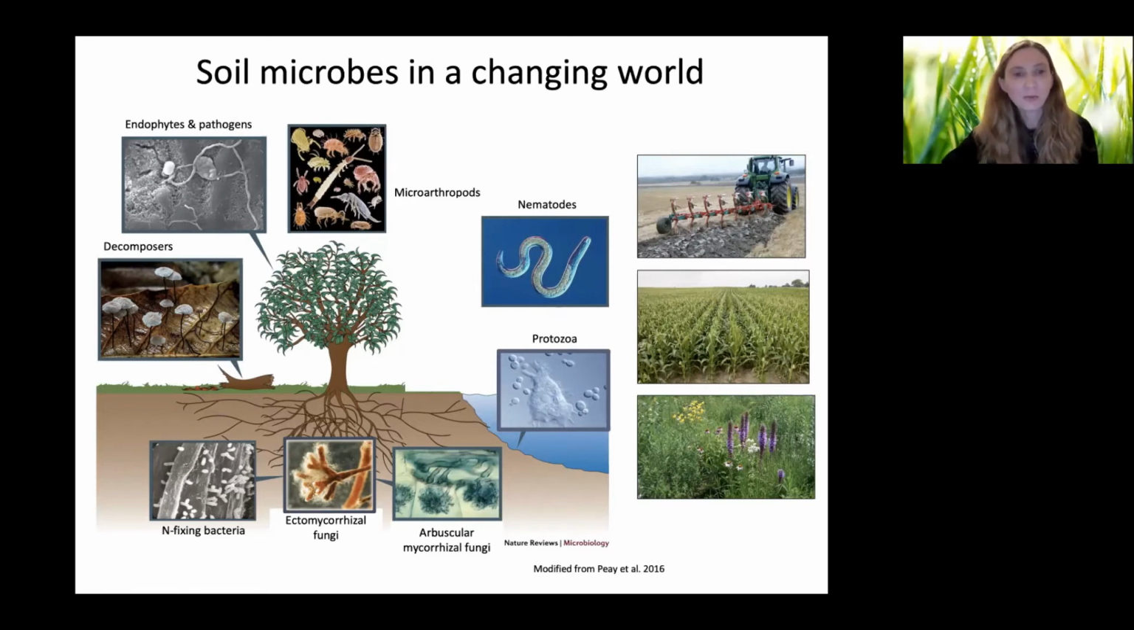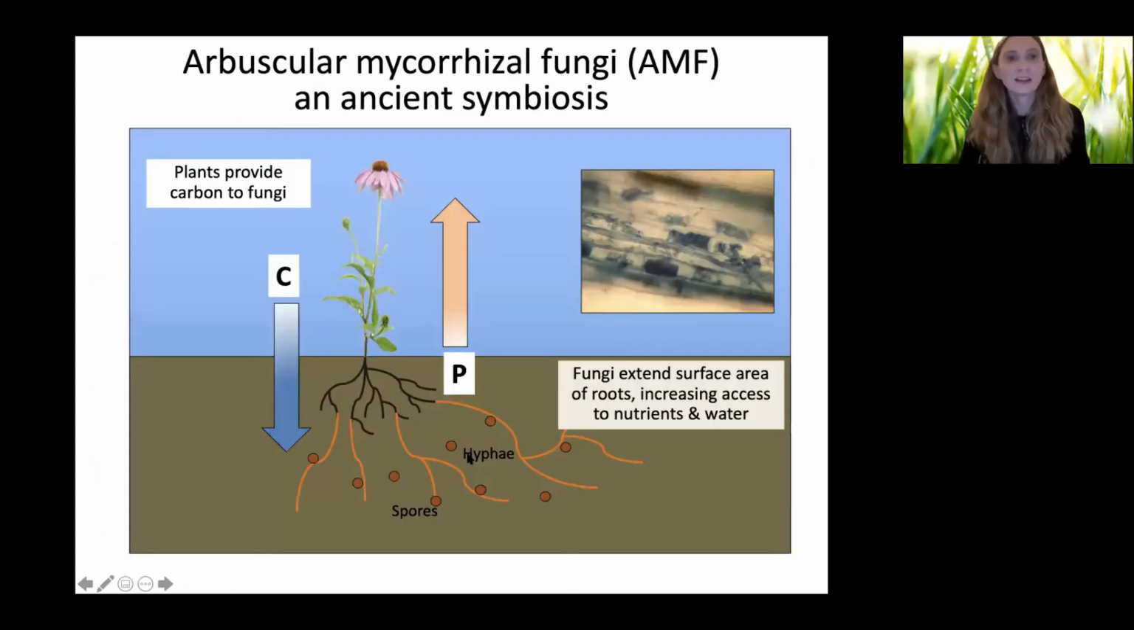In my lab, I run a soil microbial ecology lab at WSU. Today I'll be focusing on the arbuscular mycorrhizal fungi as part of this group. We've been focusing on the arbuscular mycorrhizal fungi, or AMF, because they're thought to be one of the most ancient symbioses. They form symbiotic relationships with plant roots, and there's fossil evidence that they've been around for at least 450 million years, and they're thought to have helped plants